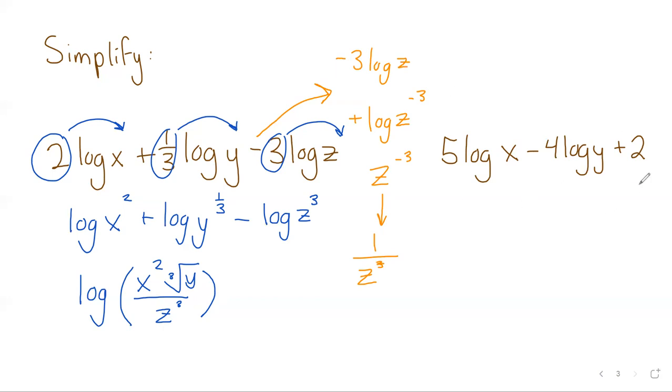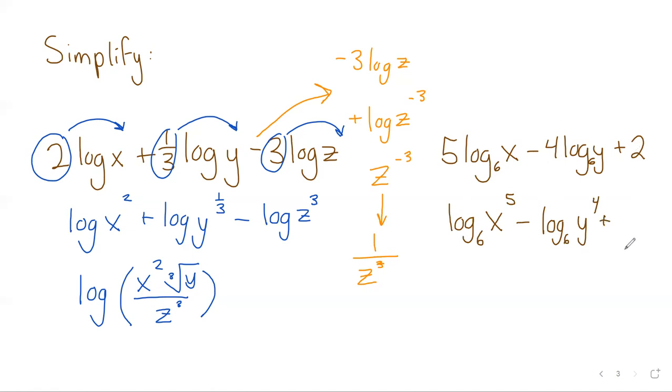All right, one more here. And just for a little interest, I'll make it log base 6 there. Okay, so we've got, again, these coefficients that become exponents. So let's do that first. This will be log base 6 of x to the 5th minus log base 6 of y to the 4th. Same thing, that coefficient becomes an exponent. And then plus